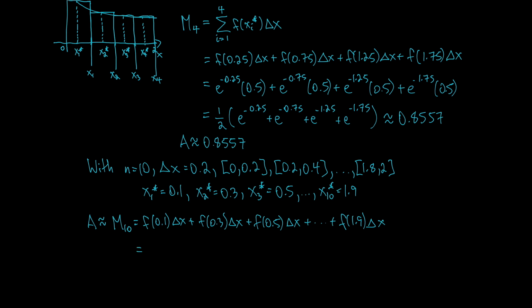Plugging in, delta x is 0.2. We can factor that out, times e to the minus 0.1 plus e to the minus 0.3 plus e to the minus 0.5, and so on until we get to e to the minus 1.9. Using a calculator, we see that that's about